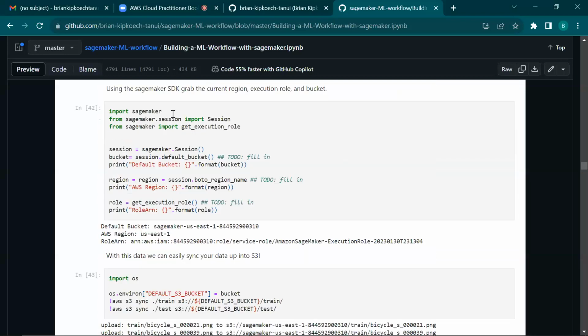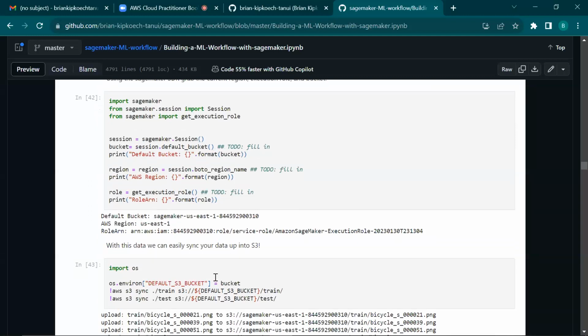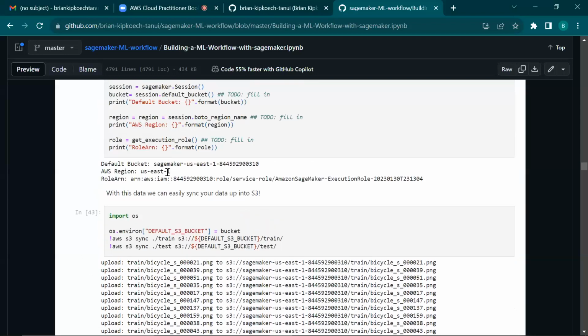All the steps that we did when creating a training job, you can achieve by using Boto3 and the SageMaker SDK. Here, we are accessing a bucket and then saving our training and test data into that bucket.